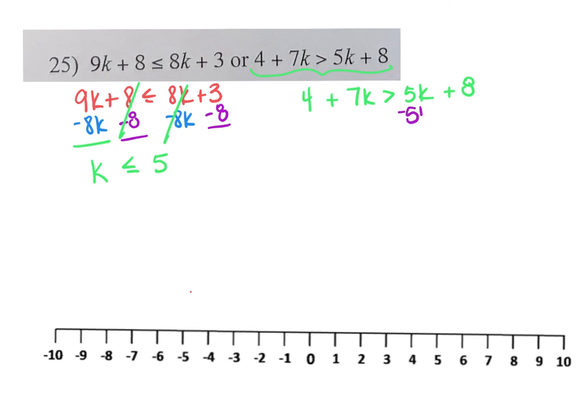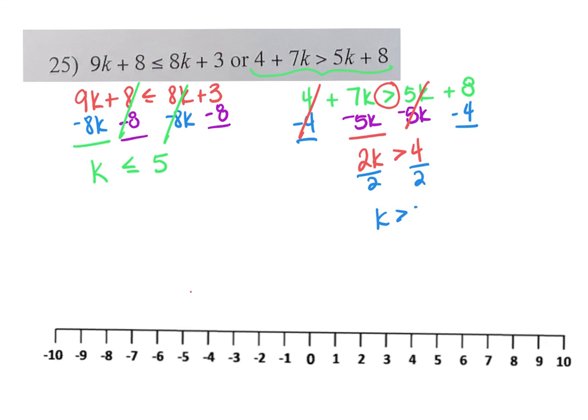I'm going to move my variables to one side, which is going to cancel over here, give me 2k. And then I'm going to move my numbers to the other, which is going to cancel over here. Nothing changed there. And I have a 4. And then my last step is to divide by 2 for this one. So this is an OR problem, which means they don't have to go the same direction. So if I'm graphing k is less than or equal to 5 or k is greater than 4,